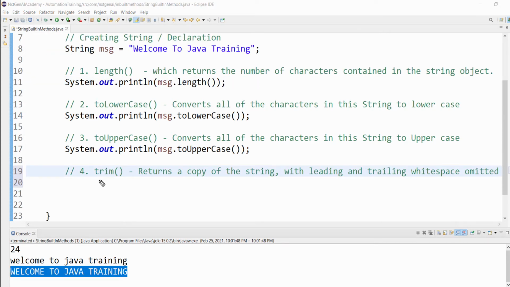The next one is trim. Trim returns a copy of the string with leading and trailing white space omitted. What does that mean? Whenever there is any space at the start of the string or at the end, that white space, as we call it, will be removed. For this example,